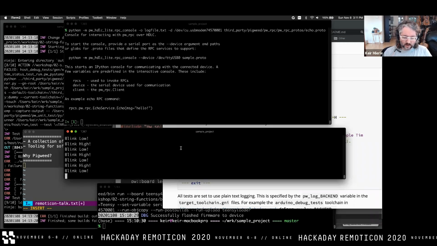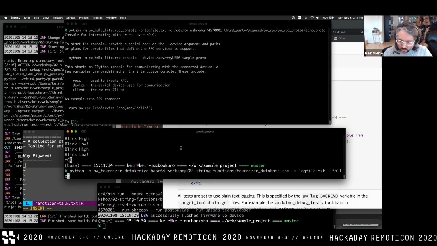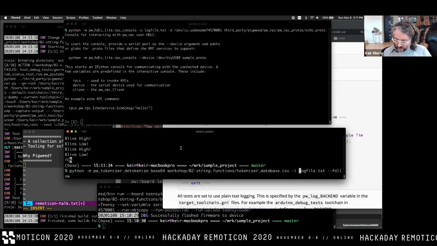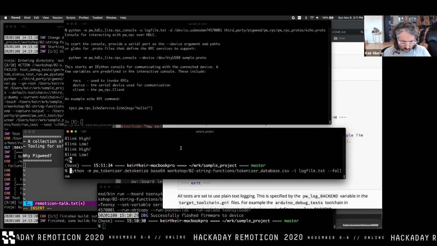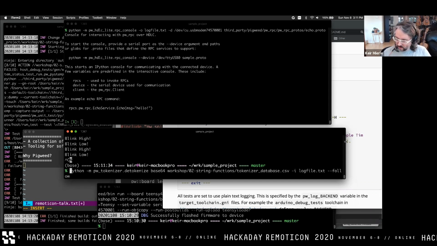Well, it appears that we are having some issues here. We did add some of this functionality just before the workshop, so it appears as though some of this is not